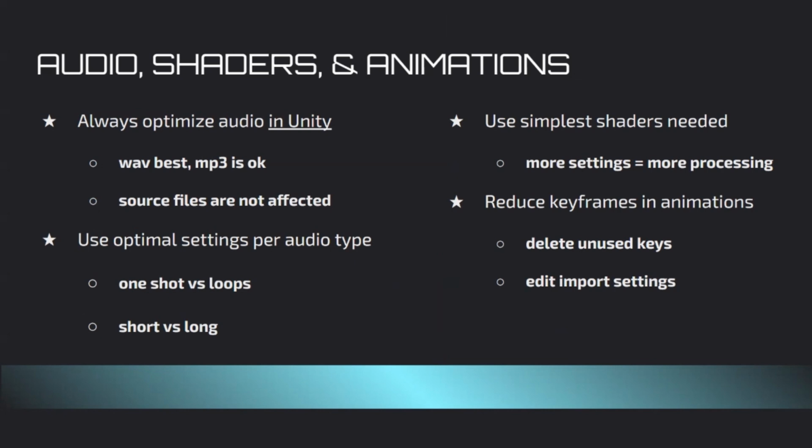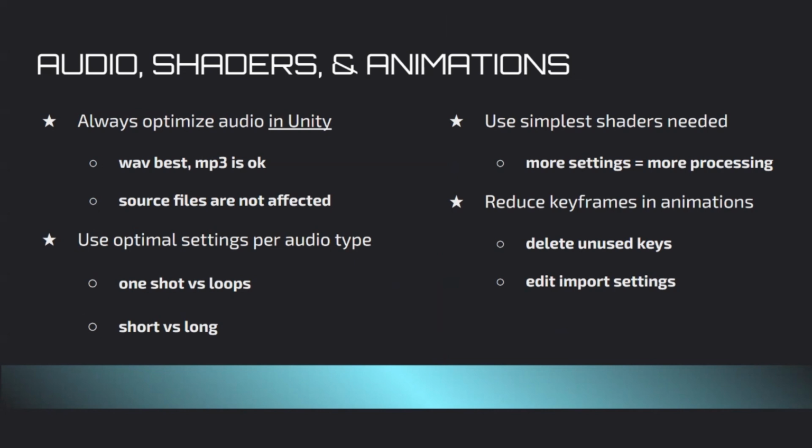Once the player has gone through the load-in and login and they've reached a destination and they click a button, that's when it's going to play. There's a different optimization setting for that type of audio than for your loading music or your ambient. So you want to choose the right settings for each